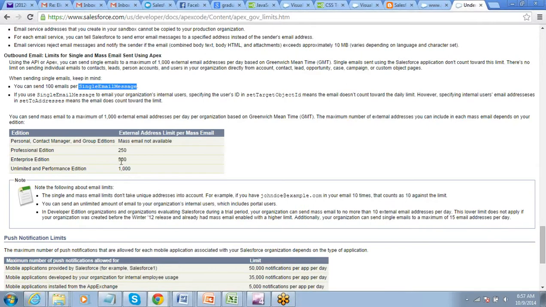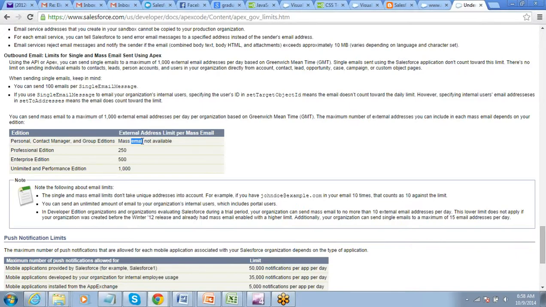If it's a mass email message, then it can send a maximum of 500 for Enterprise Edition. Overall number of emails that can be sent per day, no matter how many email messages you are using, is 1000 using your Apex, which includes single as well as mass. Got that? So that is how it is.